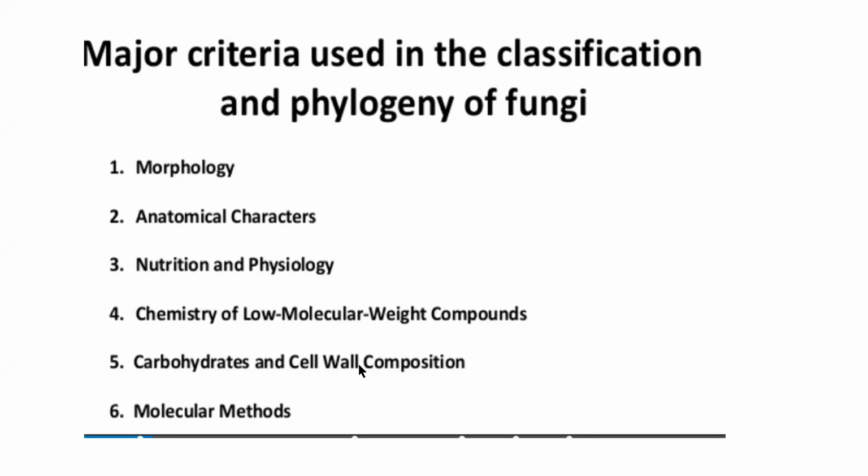Low molecular weight compounds are produced by fungi. So many fungi produce secondary metabolites. Secondary metabolites means they are not actually useful for fungal growth, but they are produced by fungi for some use. Okay, there are some low molecular weight compounds. They can be antibiotics, they can be some vitamins, they can be some compounds which are produced only by some classes of fungi. Okay, so we can find out what the compounds are.